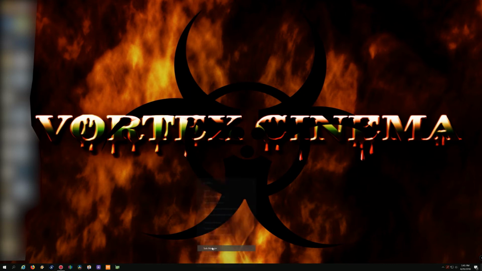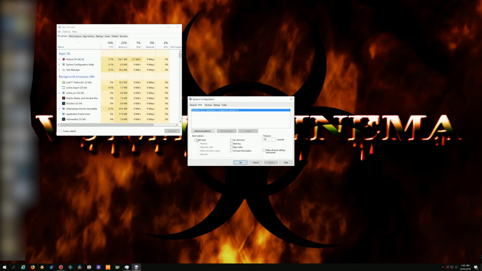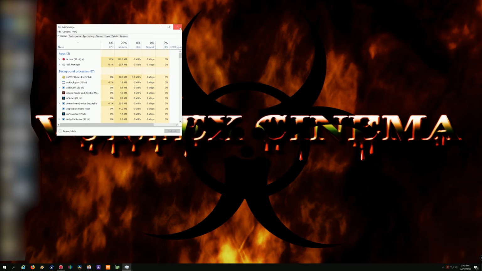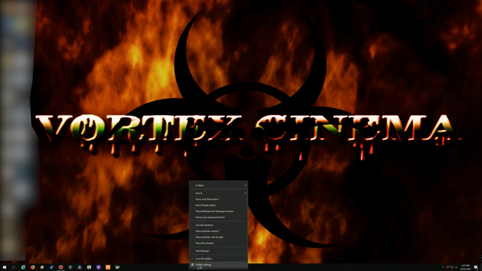But just right-click, again, Task Manager, go into Run New Task, msconfig, boot, click this, and go on minimal if it's not set to minimal. Apply, and okay. Once you do that, it'll restart in safe mode. Once it goes to safe mode and you boot it up in safe mode, you re-click here,